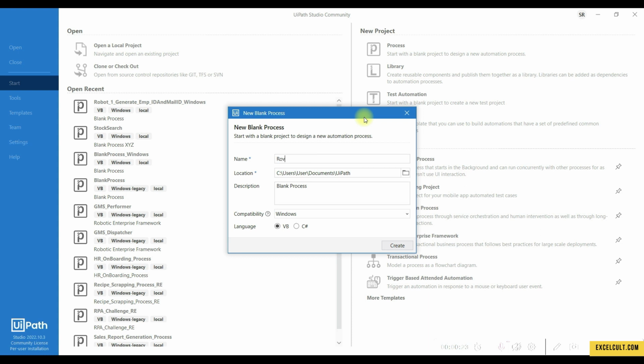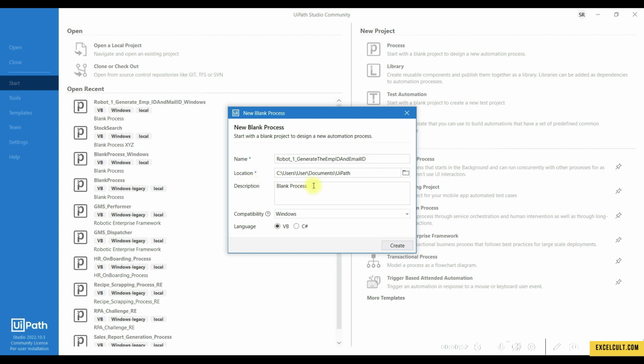So because it's our first bot that we are implementing, I'm just keeping it as bot 1, and the process is to generate the employee ID and the other one is email ID,